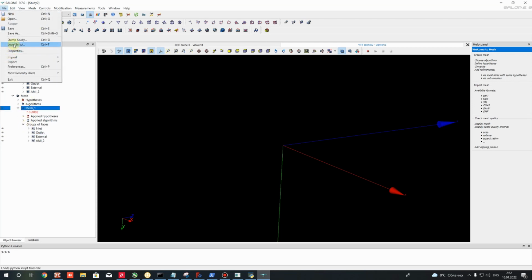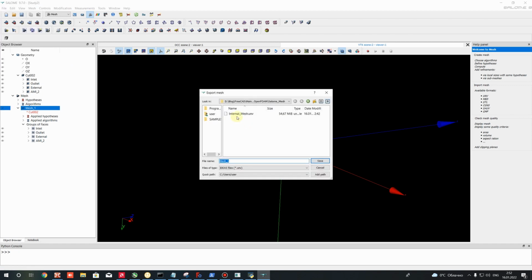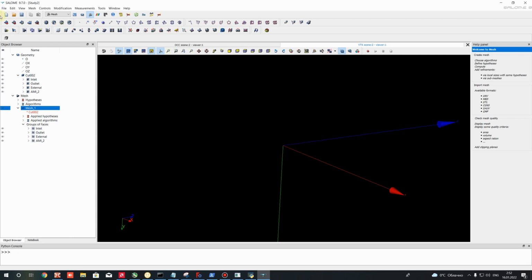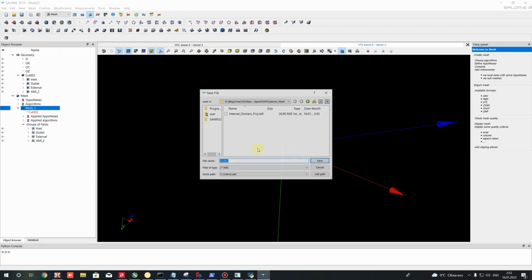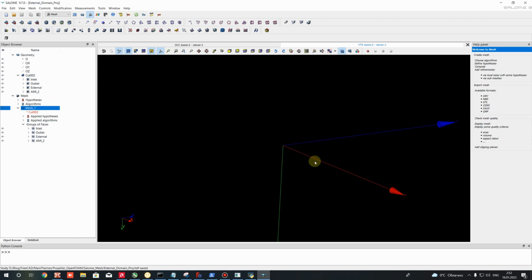Let's export to a UNV file and call it external mesh. Save it as a UNV file, and save the project if you want to change some mesh parameters in future. Save project,